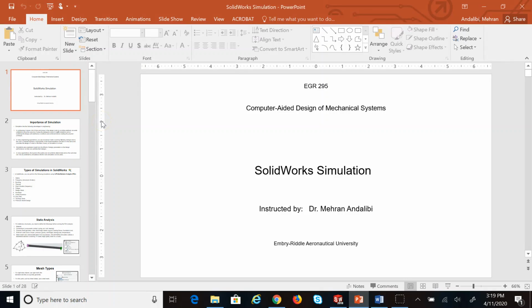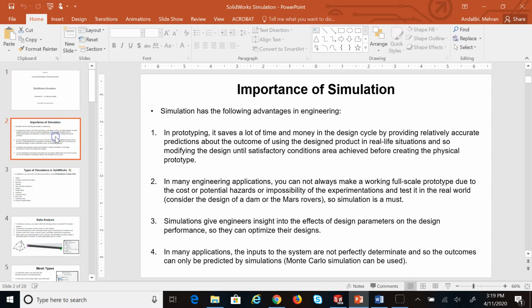So, simulation, what can we do in SolidWorks and why is it important? First of all, why does it have advantages, why should we use this? Well, first of all, when you want to create any product, anything that you want to market, sell, one of